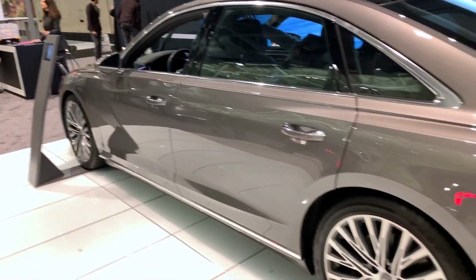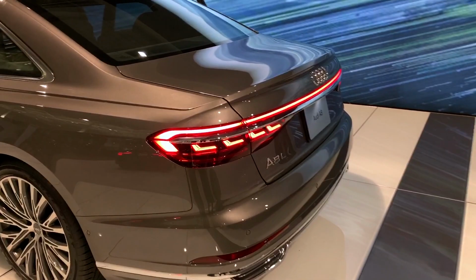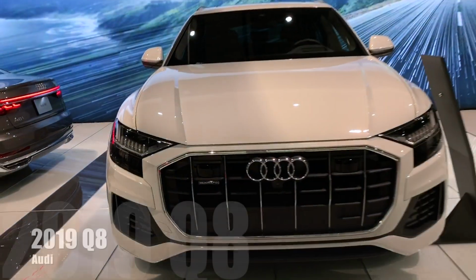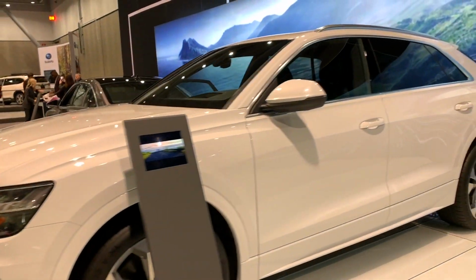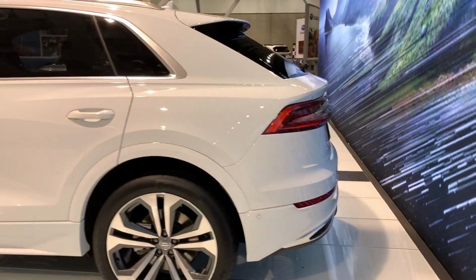Here we have the new A8L. It's got a longer wheelbase and again very Audi light work. But what's more exciting is this SUV right here. This is the all-new Audi Q8, Audi's flagship SUV that's even a tier higher than the Q7. Its front grille design is quite different from what Audi has been doing, and is probably going to be Audi's